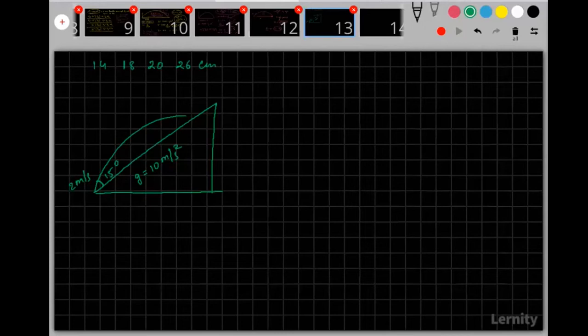See, first thing is, in our normal projectiles, what is the situation? Normal projectiles go this way. So we have this velocity u, which can be resolved into u sine theta and u cos theta. We know what they are, right? And in the horizontal direction, there is no acceleration. So the horizontal range is equal to u cos theta into t.